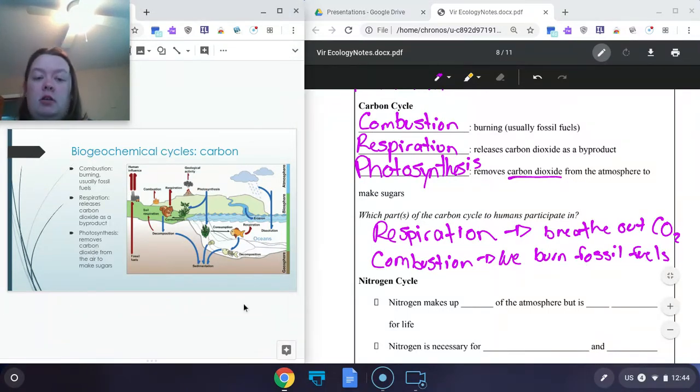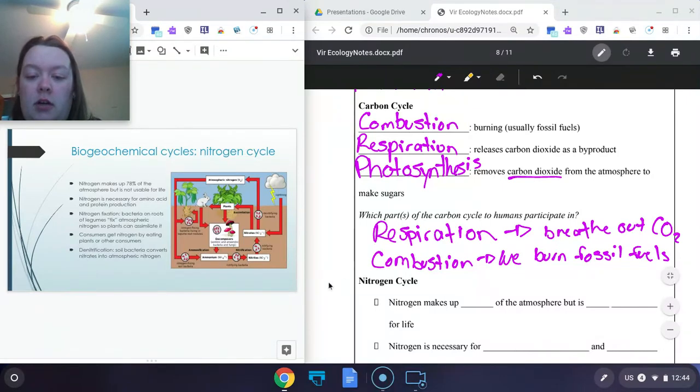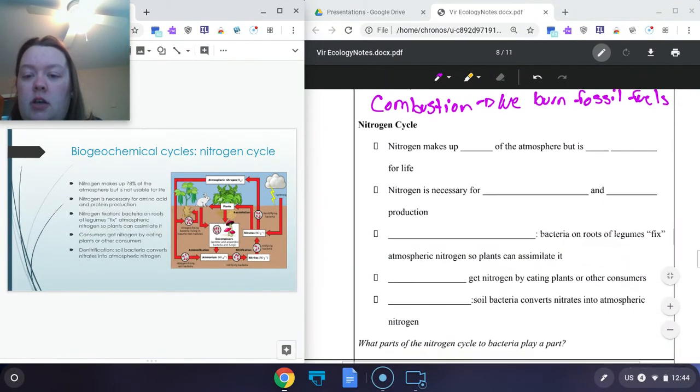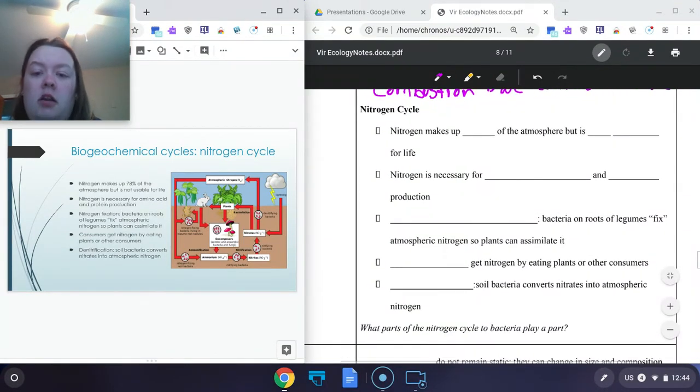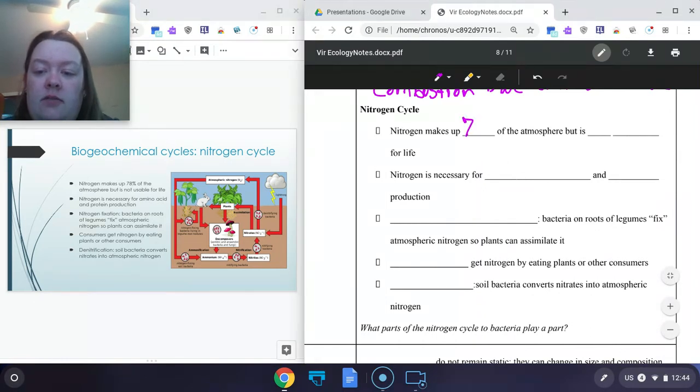So that is the carbon cycle. Now we are going to move on to the nitrogen cycle. Nitrogen makes up roughly 78% of our atmosphere. However, the nitrogen in the atmosphere is not usable